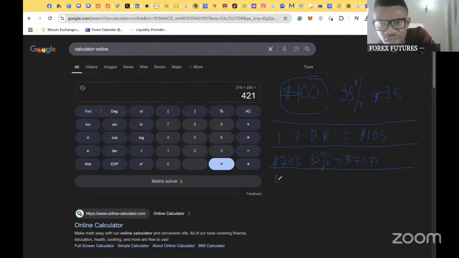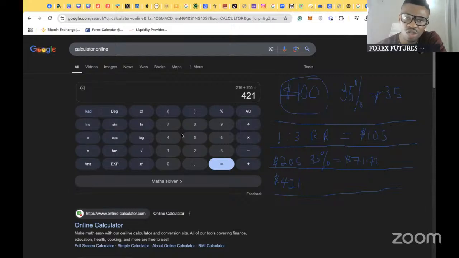So in the third stage, we are now at $421. Here, remember this is in another week, one single trade, 1:3, a whole 1 week. In this stage where we have 421, if we decide to reduce our risk to 30%,